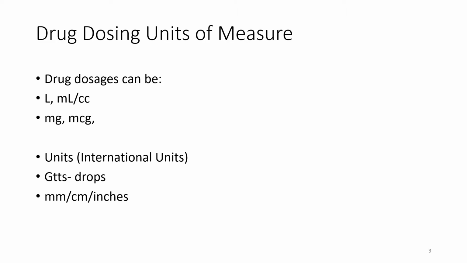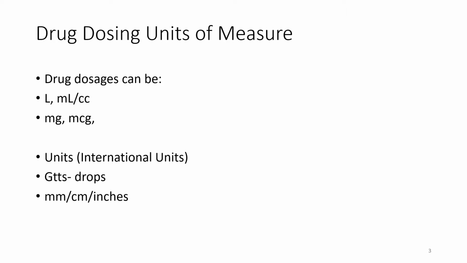So we use very specific units of measure. There are specific abbreviations that you can and cannot use. Okay, so we will talk about those and be mindful of those. Of course, the metric system is what we use. We use grams. Of course, I don't see that one a whole lot. Most of the time it's milligrams and micrograms that I see. Milliliters, of course, and then we have